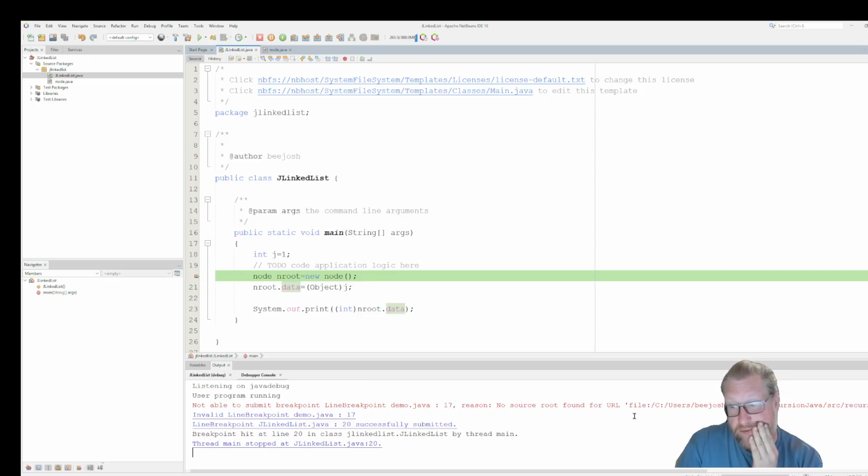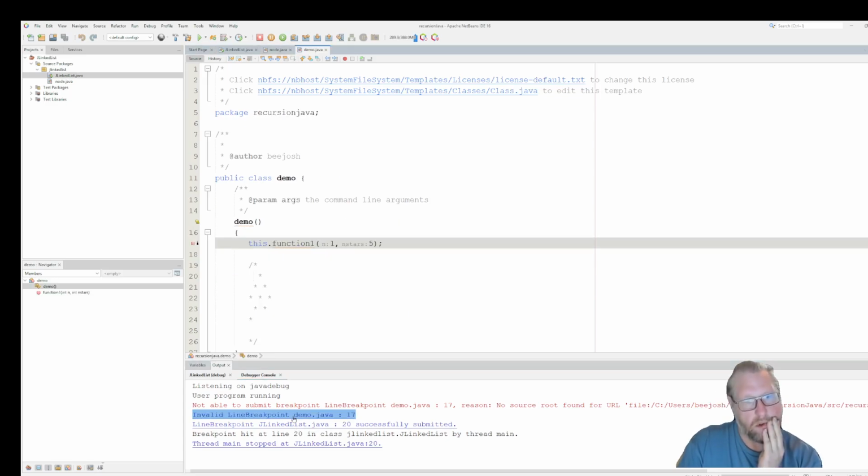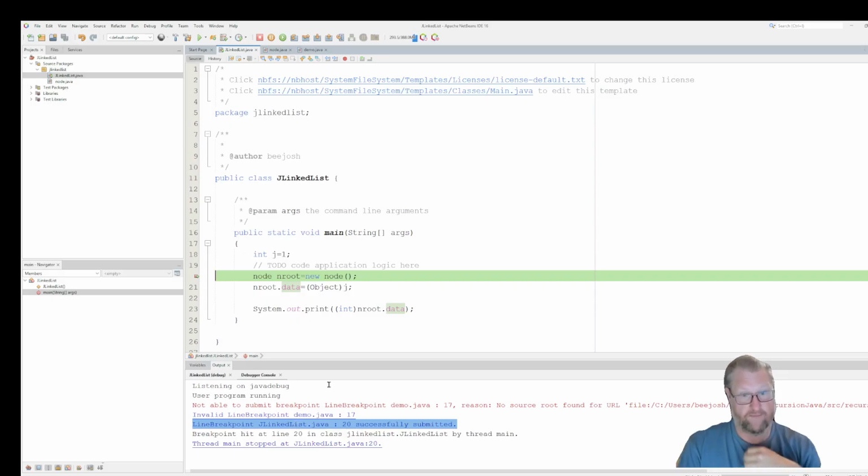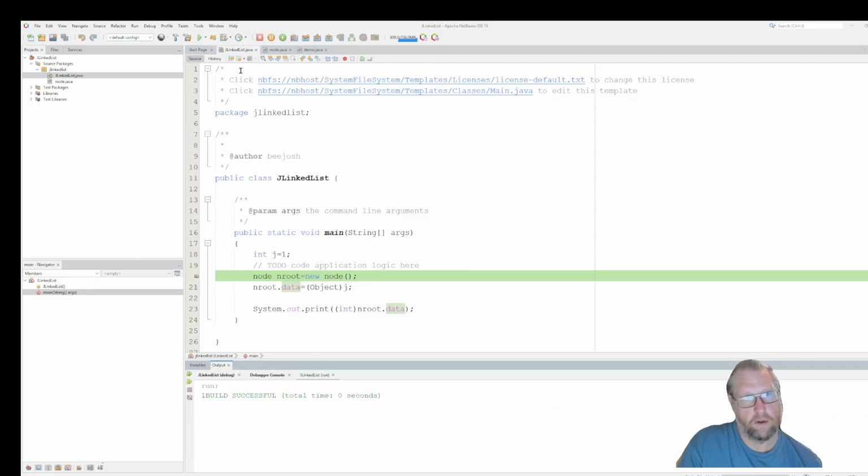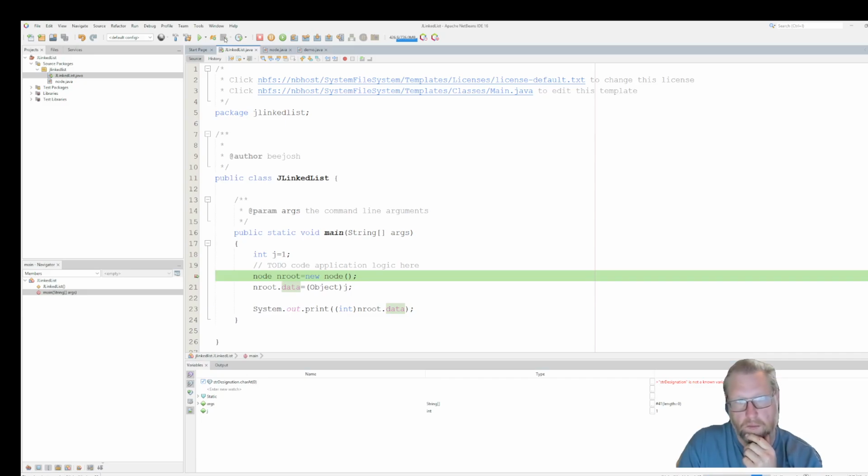No source root found for, okay, what is it you're complaining about? Oh, I probably got some silly things to fix up. Oh no, it's fine. It was working. I was getting a little temperamental there already, starting to have a conversation with Java. Okay, I'm going to rerun it, and then what we're going to do is a step into. So we're at this line,